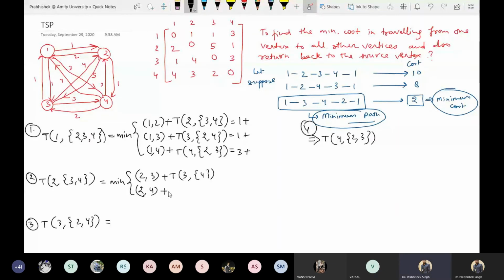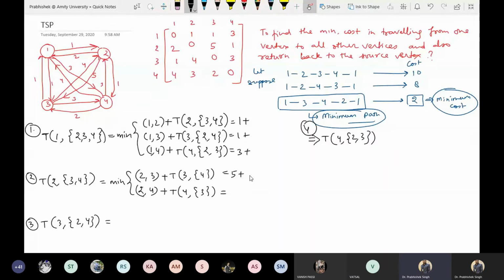So let's say you have not taken the path 2 to 3. Since you have not taken the path 2 to 3, what is your only option left? 2 to 4. Now you have taken 2 to 4. Since you have taken 2 to 4, where are you right now? You are at 4. So what is your option left now? Only 3. So you will traverse 3 now. You have to calculate this value also, because if you calculate this value, then only you can calculate this value. So let's calculate this value. What is 2 to 3? 2 to 3 is 5. What is 2 to 4?